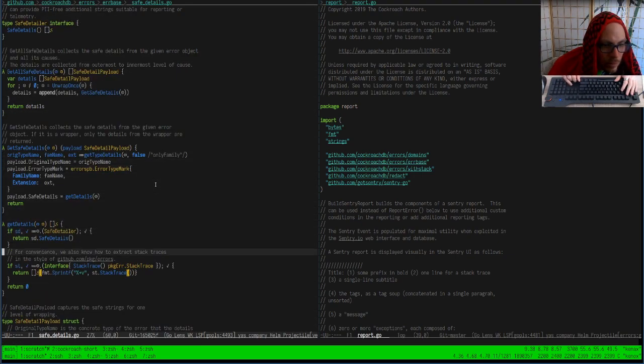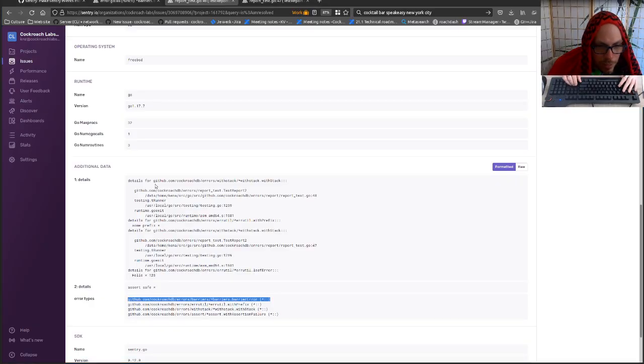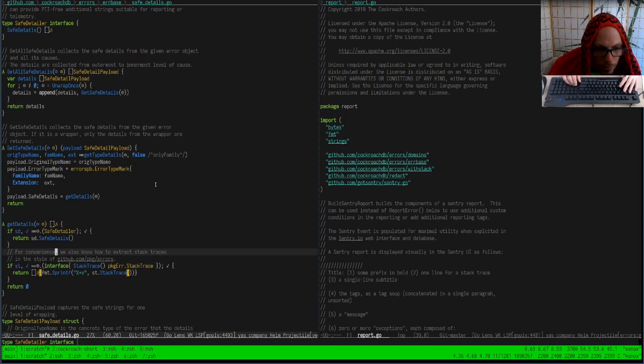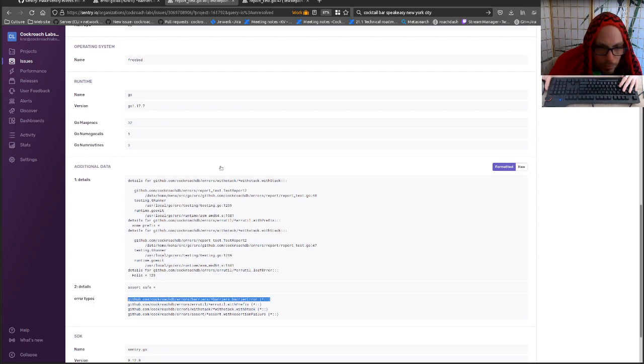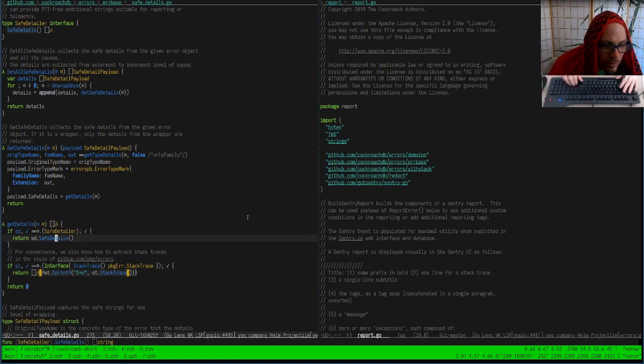It says get details, and then if it has a save details function, which some of them have, then it extracts them. And if it has a stack trace, it extracts it, which is why we see those stack traces here. Leaf error has this, but if you don't have save details, you don't get anything. You don't even get the detail of whether there are like safe